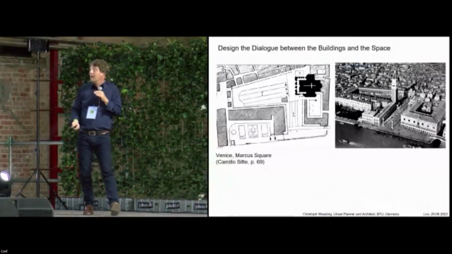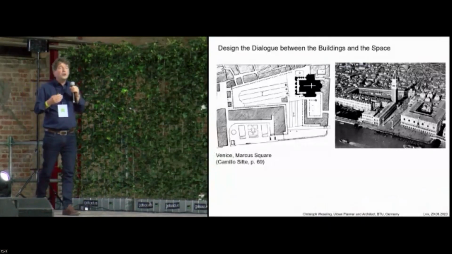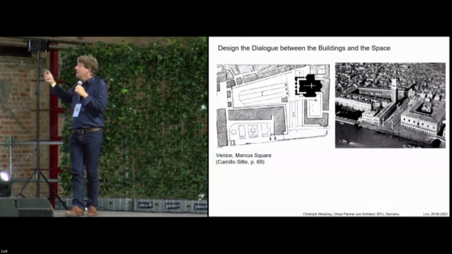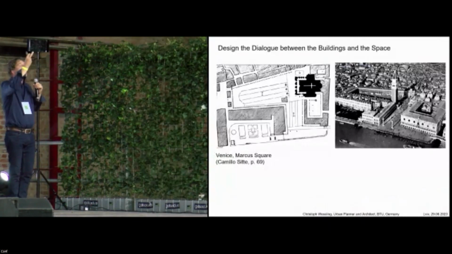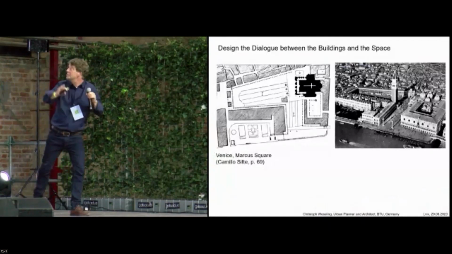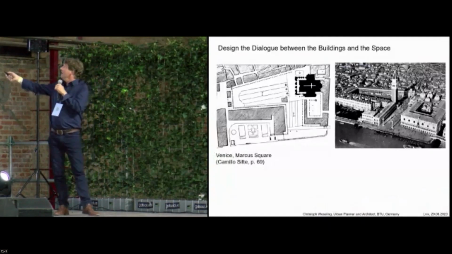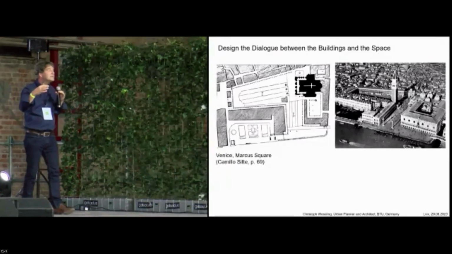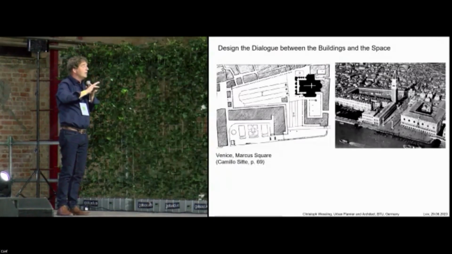And here, at the end, I just would highlight this also in the traditional town. There were not only the space definers and the occupiers. Here in Venice, at St. Mark's Square, St. Mark's Cathedral is one object, but it's inside the urban fabric. But it makes one step forward to show, if you come here from the ocean, here something specific is. On the other side, the building structure is framing, defining very clearly the space. And if you see this follow-up of spaces, this is great urban design.